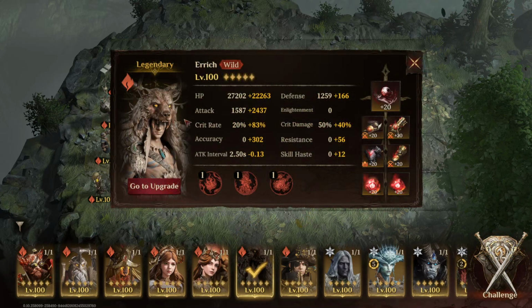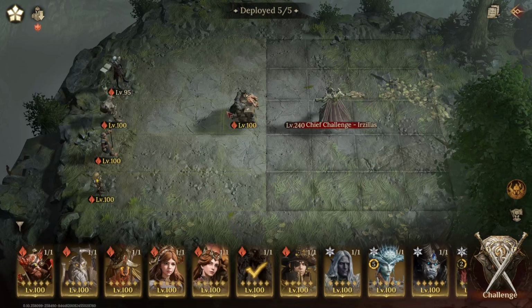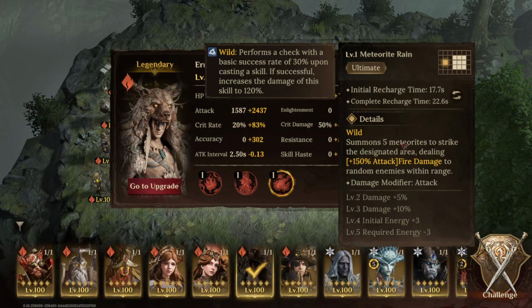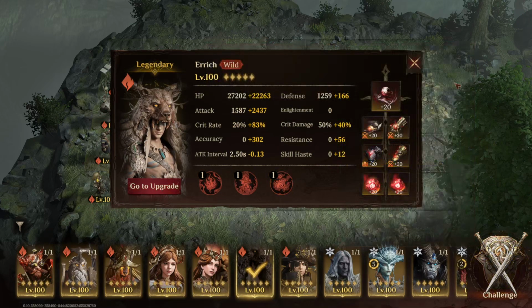And then Erich has to be used on this team to apply the witches. We don't have Zarloth anymore doing it. And the one thing I had to do to make this team more effective is I had to manual Erich. And by that I mean when Erich ults, his ult gets divided among everyone he hits. So he's summoning 5 meteorites. If the boss summons a bunch of minions around him and Erich just ults on auto, he will often hit